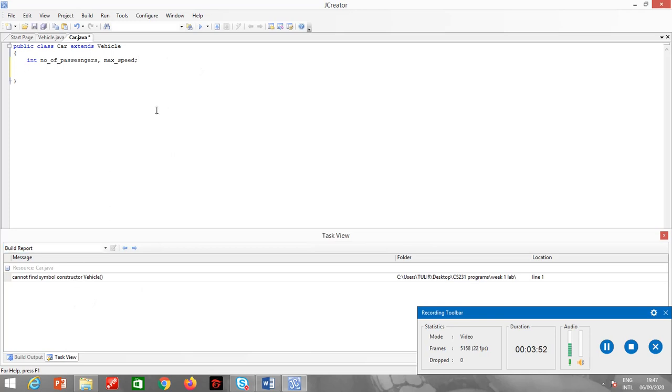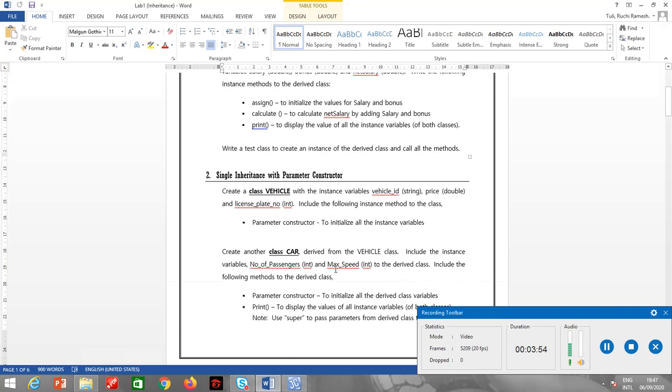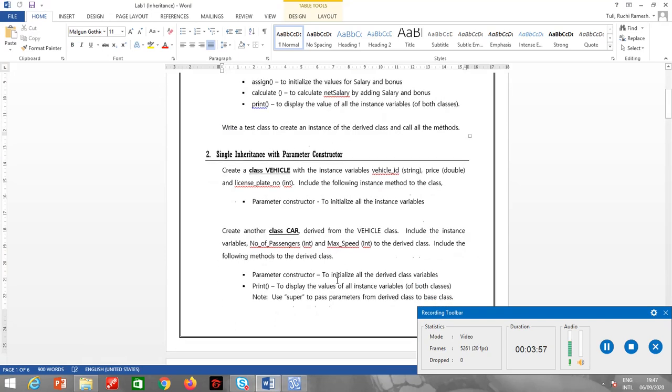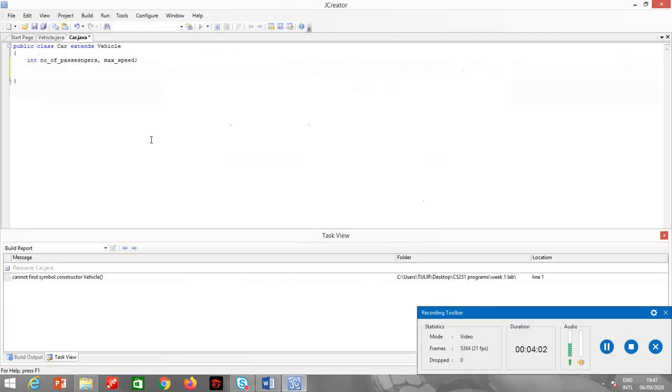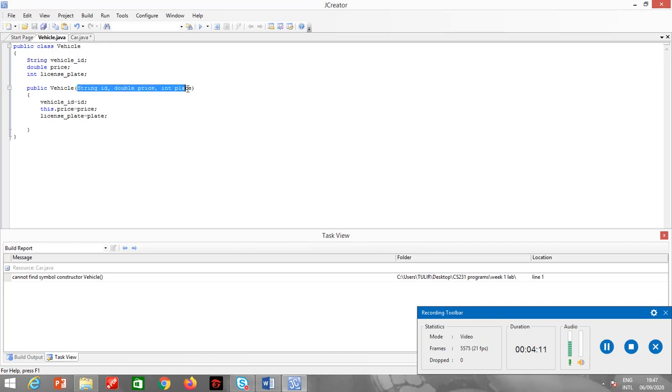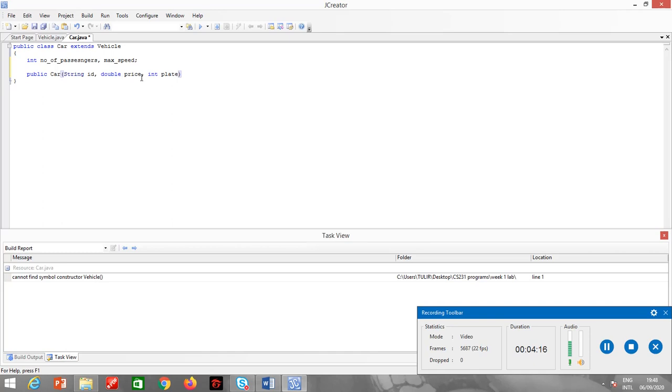Alright, now it's giving an error because of the constructor. So now it should have a parameterized constructor to initialize all the variables of the class. So public car. Now first of all I will include the variables from the superclass, which is vehicle. Then I will include int passengers and int speed.